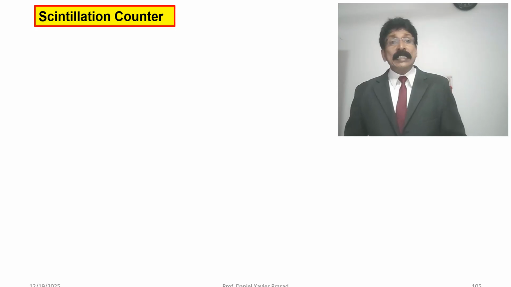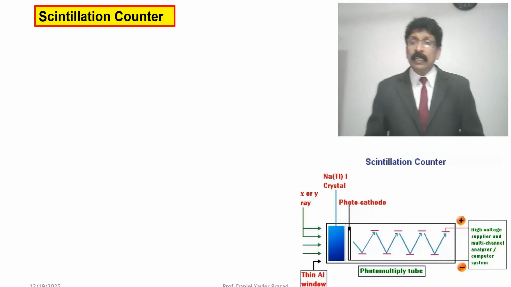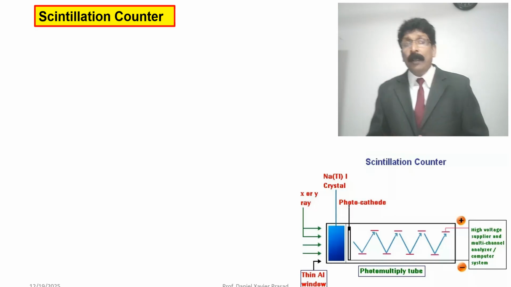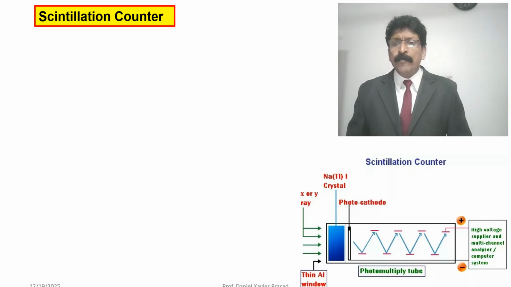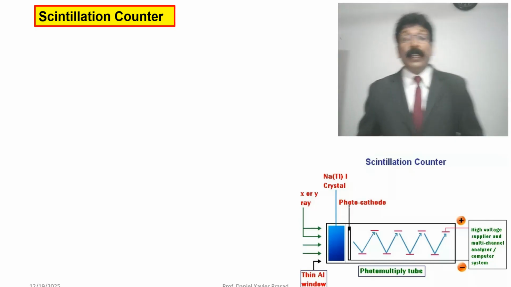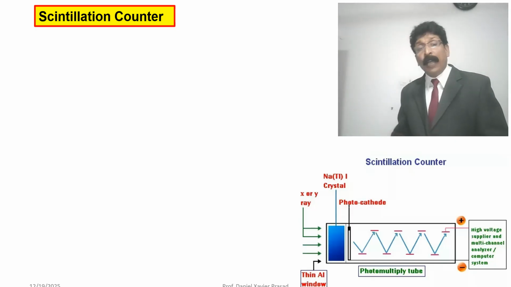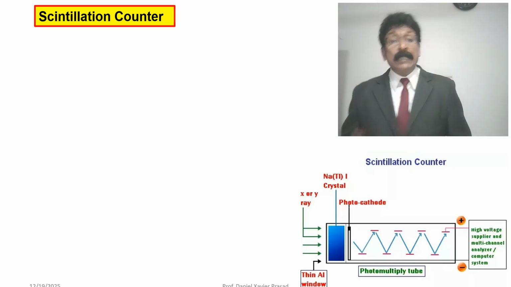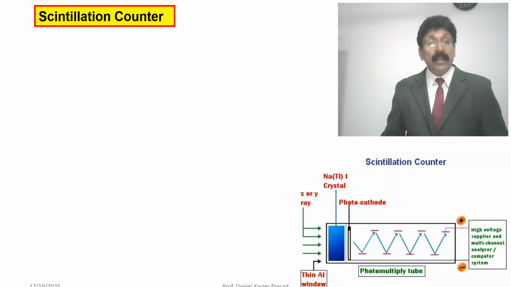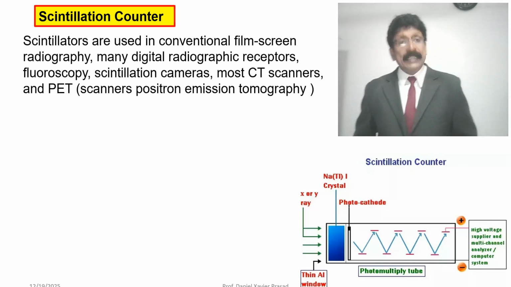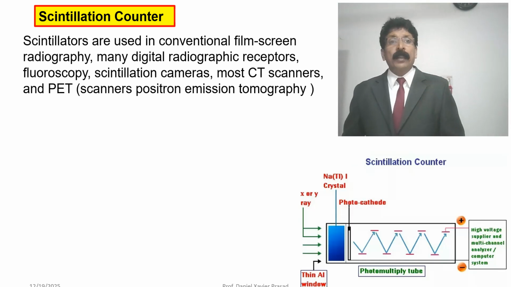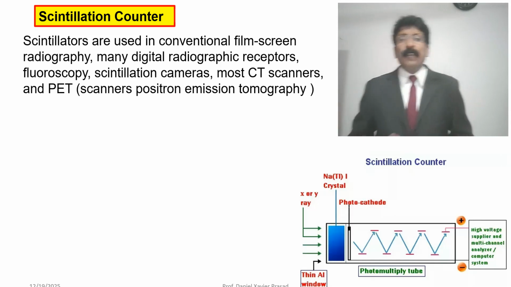And the next one is the scintillation counter. It is a little advanced. The scintillation counter has a sodium iodide crystal with a thin window where the rays will be allowed to fall, and there will be a photomultiplier tube which contains a cathode and amplifying anodes. High voltage will be applied to increase the multiplication of the small impulses obtained from the radiation of your very minimum compound. Very sensitive. The scintillation counter is used in conventional film screen radiography, many digital radiographic receptors,